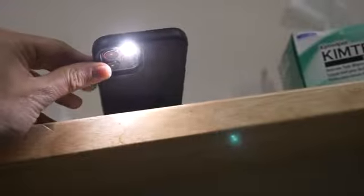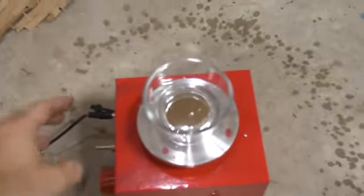I just have my phone that's going to act like a point source of light that's going to shine down on our parabolic mirror here. So we're going to look at the light reflecting off the liquid mirror at the bottom that hits the sheet of paper from below. So right now we can see that the light is all spread out in a big circle. That means the liquid's spinning too fast because the focal length is too long. If I slow it down a little, we can focus this light to a single point, just like a magnifying